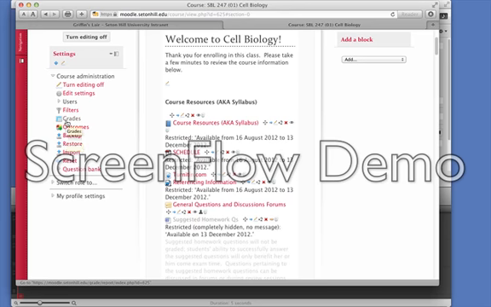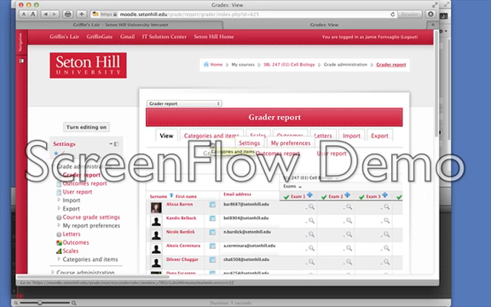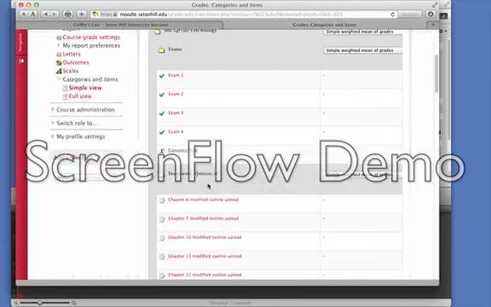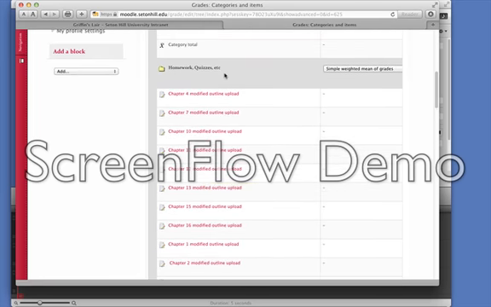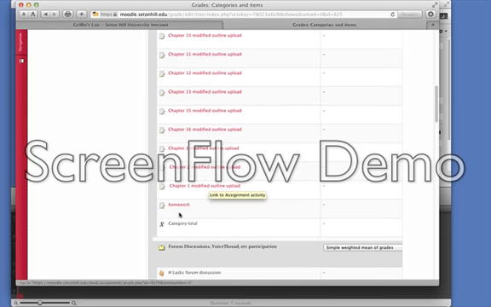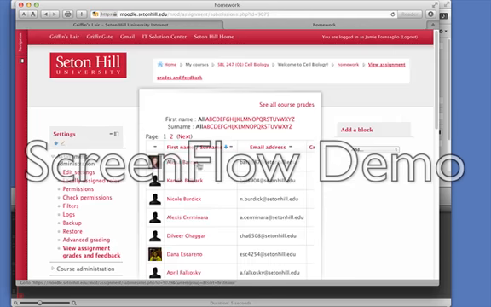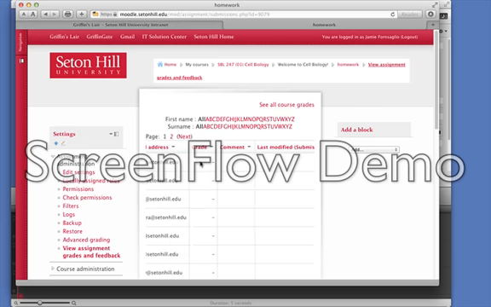So I'm going to go to my grade book, and go back to the category items. Where's homework and quizzes? Okay, so under homework and quizzes, magically, the one we just made pops up. So when you go to grade the students, after you grade them, you can just click on the link, and it gives you their names, and you go to grade, and then you enter their grade.